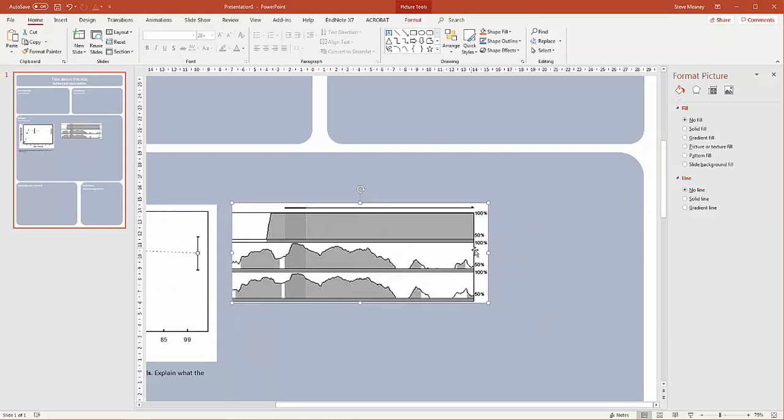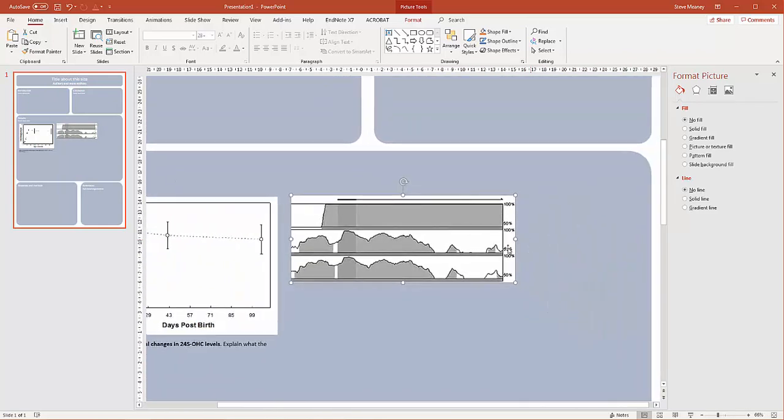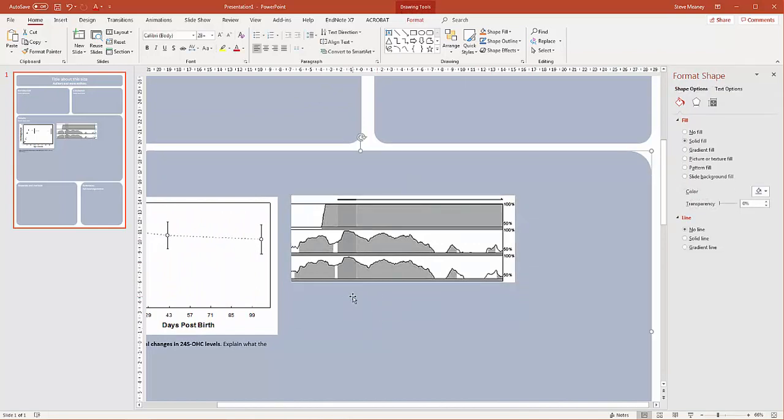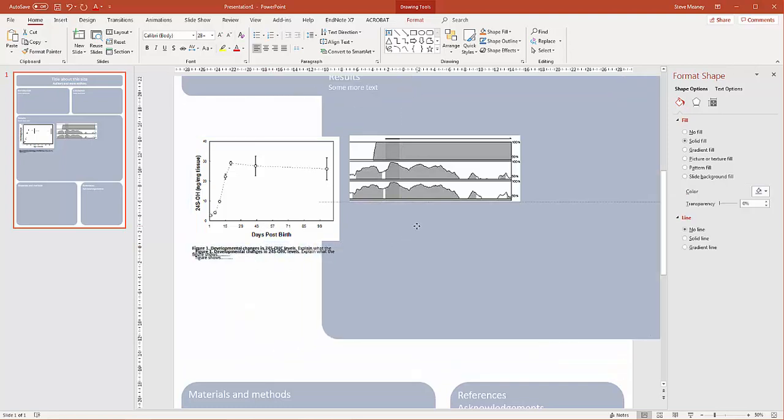This one is actually quite a good example of that pixelation issue. So you can see the text is quite pixelated and hard to read. So just be aware of that as you're working on your images. And again, we're going to take the shortcut and duplicate a previous element